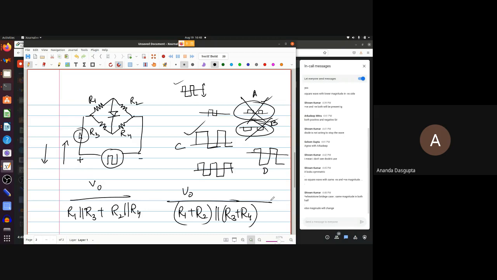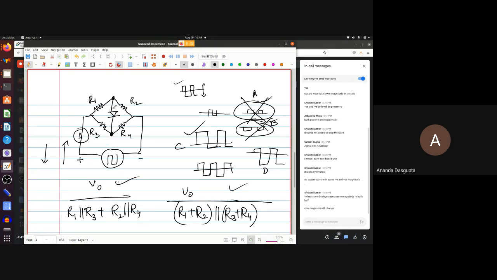By the way, these are the two different values for the currents. You should check for yourself that for the balanced Wheatstone bridge case, these two are actually equal. Because if R1 by R2 is equal to R3 by R4, there is no distinction between this current and this current. They actually become equal to each other, which is expected, right? Because in the balanced case, no current flows through the middle. But there is also no potential drop between these two points, right?